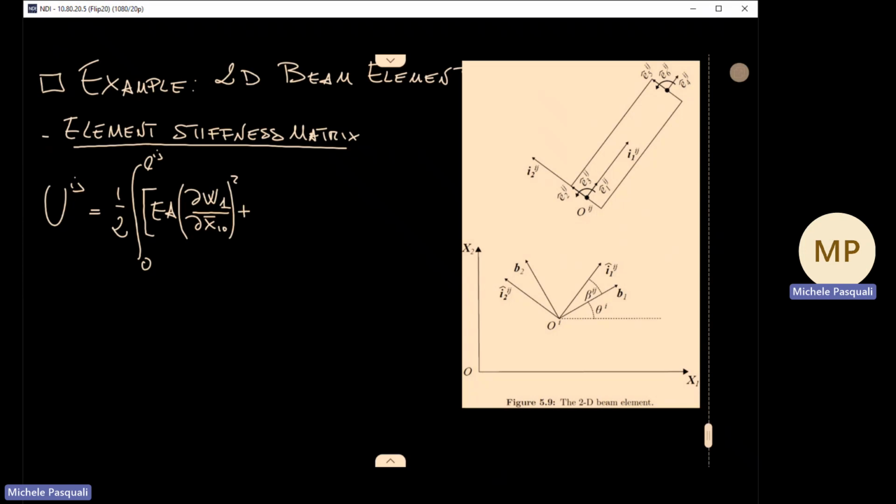And this is the part associated to axial deformation. Then we have the flexural counterpart, which is the second order derivative of the transverse deformation-induced displacement, always with respect to the same coordinate x1. I will put Ij on top of the square matrix just for ease of notation, but in theory, everything should have Ij here as a superscript. Okay, integrated in x0. Now we have